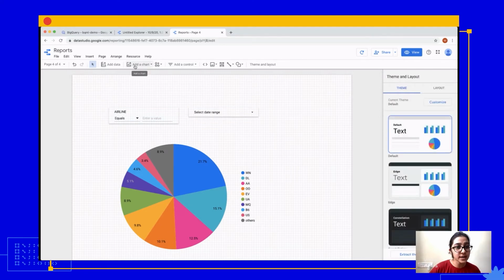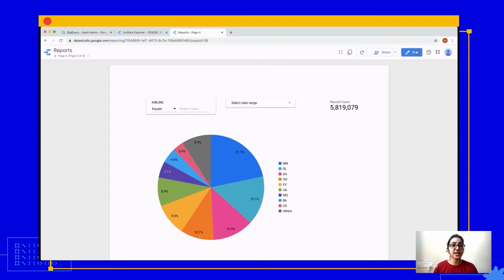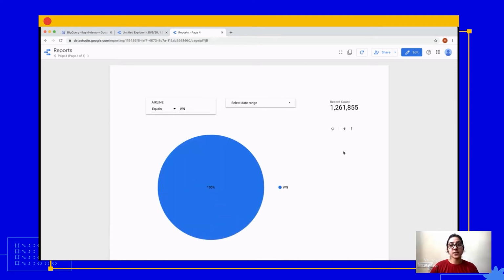And we can also go ahead and add some scorecard to tell us how many airlines and how many flights were present on that particular day. This makes it really easy because then you can go ahead and view this dashboard and share it with people who need to make decisions based on this data. They can quickly interact with this and figure out stats and filter it out, giving them an easy UI to